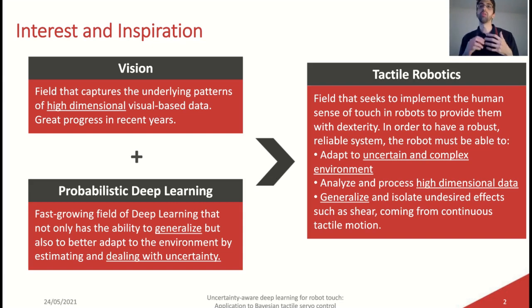In order to have a robust, reliable system, the robot must be able to adapt to uncertain and complex environments, to analyze and process high-dimensional data, and to generalize and isolate undesired effects coming from continuous tactile motion. For example,